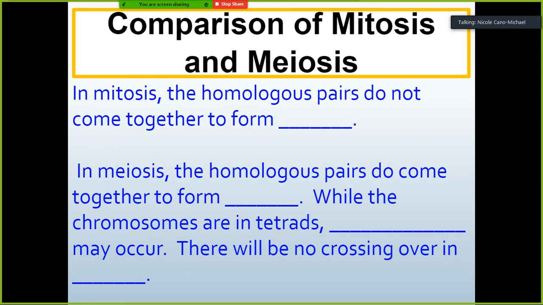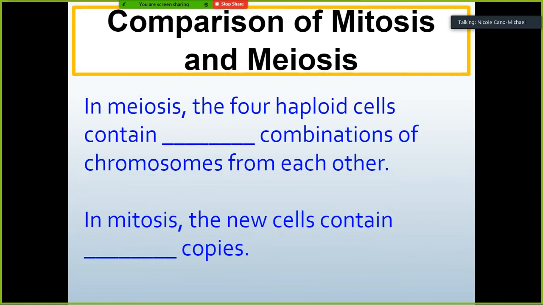In mitosis, the homologous pairs do not come together to form tetrads. In meiosis, the homologous pairs do come together to form tetrads, and while they are in tetrads, crossing over happens, and there will be no crossing over in mitosis because there's no need for it. We're making identicals. Continuing the comparison. In meiosis, the 4 haploid cells contain different combinations of chromosomes from each other. In mitosis, the new cells contain identical